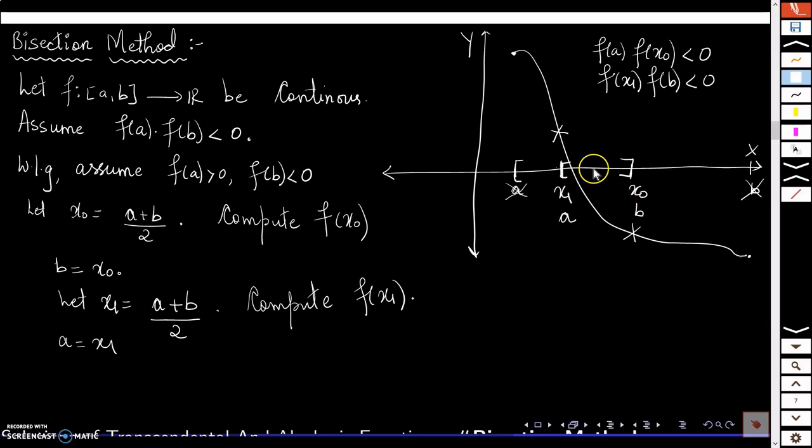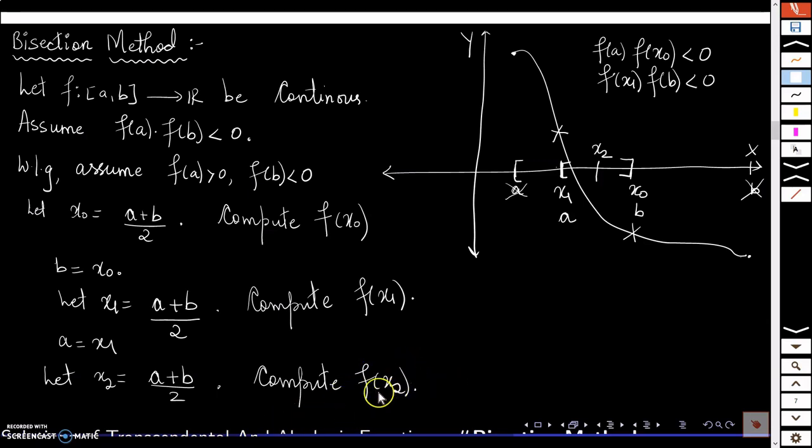So I will find the midpoint of A and B now, that is here, and I will call it x2. So you let x2 be the midpoint of new A and B which I have obtained. Okay, now A is here and B is here. So this is x2. After taking the midpoint, you compute the value of f at the point x2. So you compute f of x2,